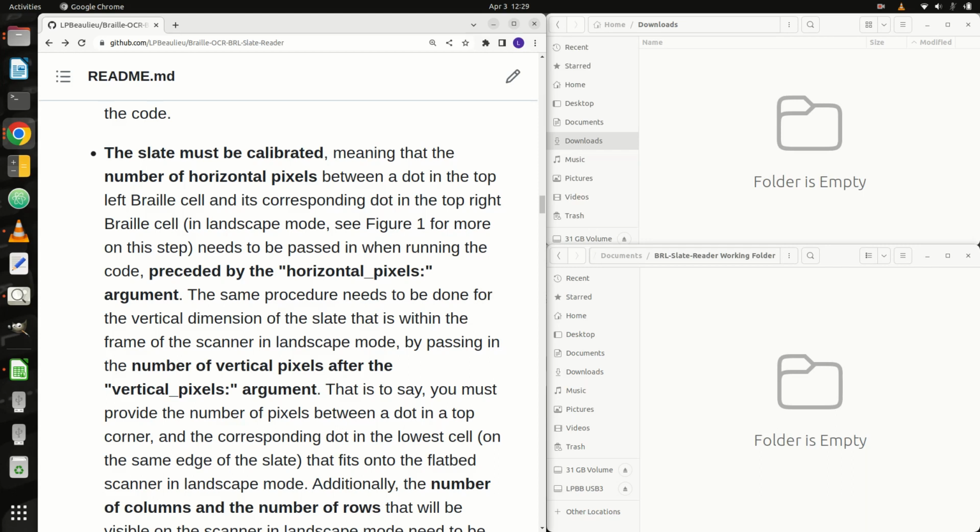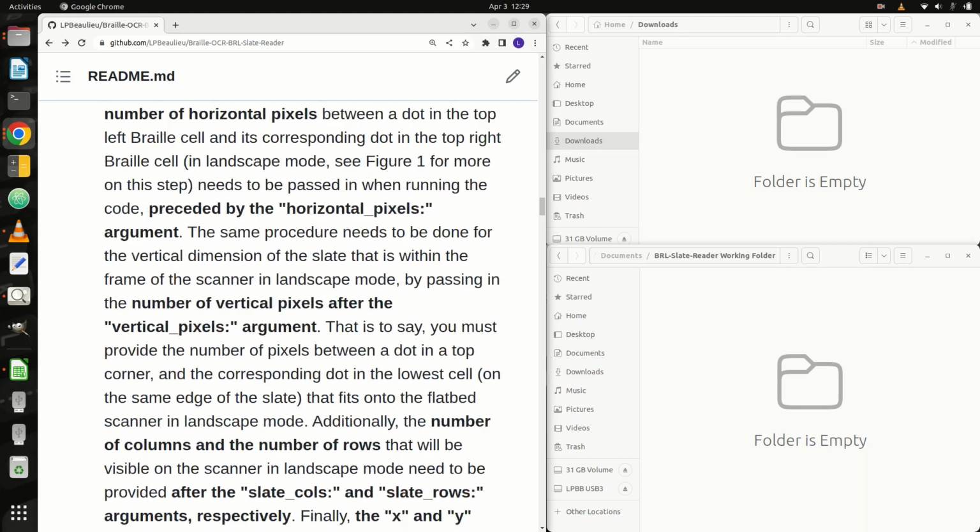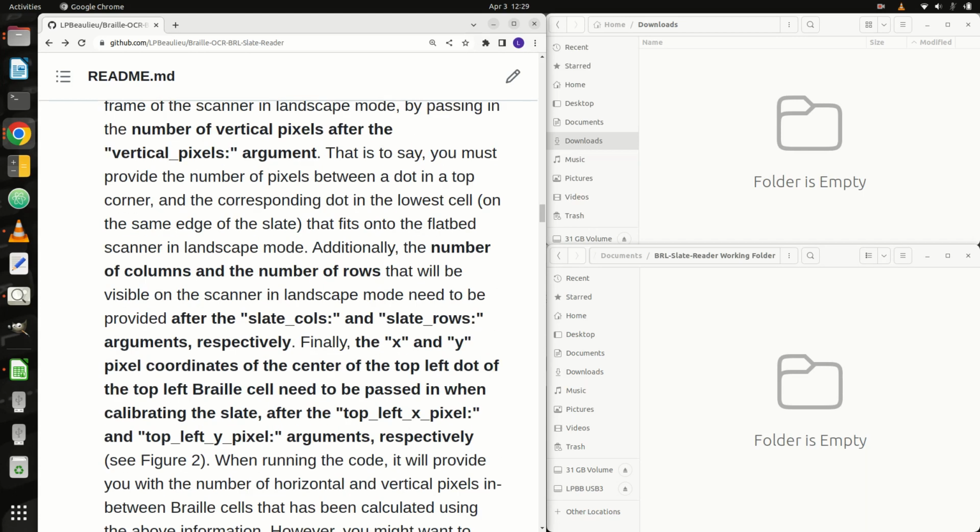The same procedure needs to be done for the vertical dimension of the slate that is within the frame of the scanner in landscape mode, by passing in the number of vertical pixels after the vertical_pixels: argument. That is to say, you must provide the number of pixels between a dot in a top corner, and the corresponding dot in the lowest cell, on the same edge of the slate, that fits onto the flatbed scanner in